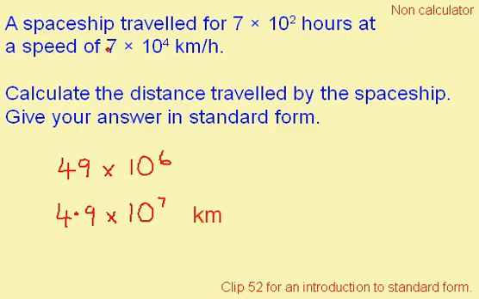Distance is speed multiplied by time. So 7 times 7 gives me 49. 10 to the power of 4 times 10 to the power of 2 gives me 10 to the power of 6. I need to put this into standard form, so I have 4.9. I've divided this by 10, so I need to multiply this by 10, which gives me 10 to the power